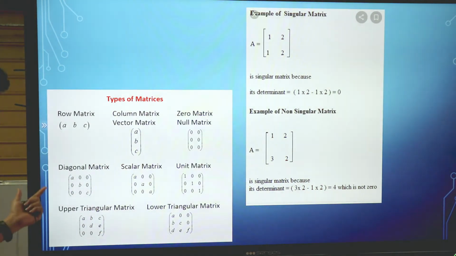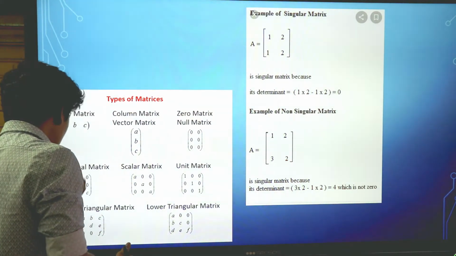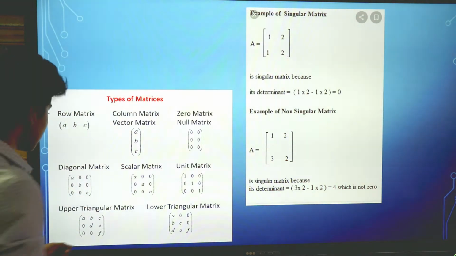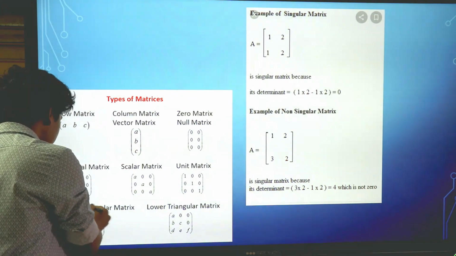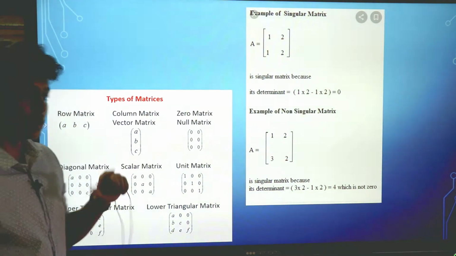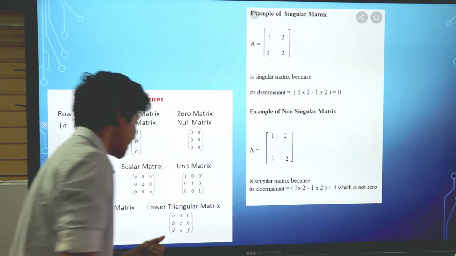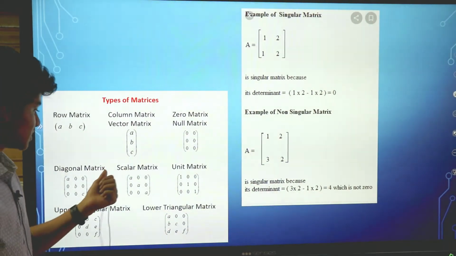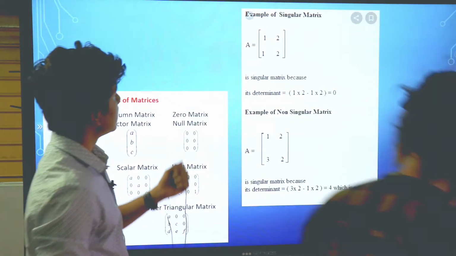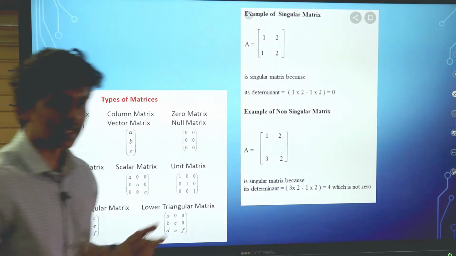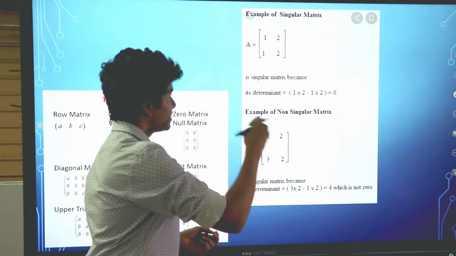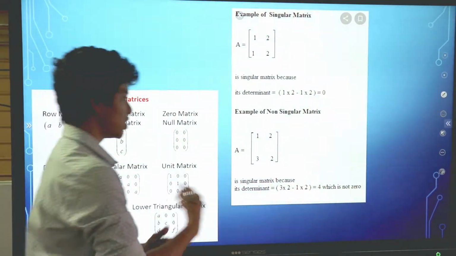Similarly, next is an upper triangular matrix. We saw the triangle property some time ago. In an upper triangular matrix, the bottom part is 0 and the upper part forms a triangle. On the contrary, in a lower triangular matrix, the upper part is 0, and the lower part forms a triangle. Obviously, the values are 0. Now, a singular matrix is when the value of the determinant, which is the product, is 0, and a non-singular matrix is when the product is not 0.